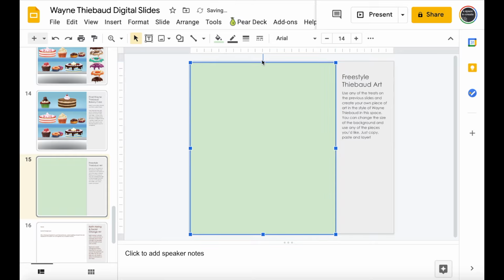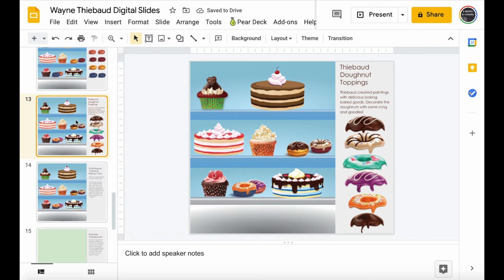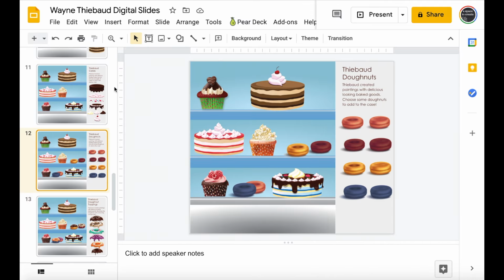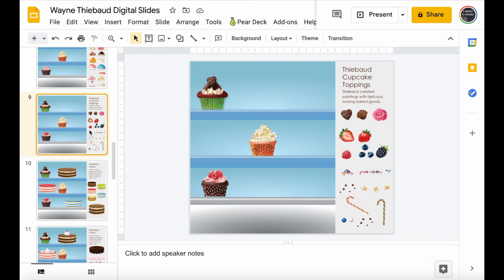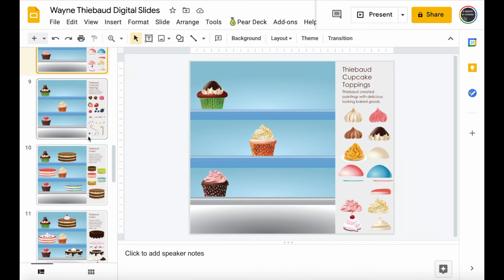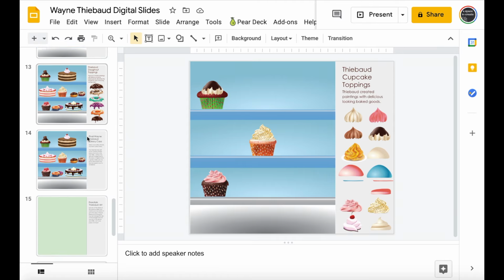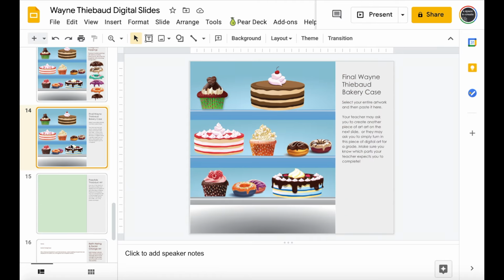And then what you can do is you can come up and just choose anything that you want. Okay, so you can come up here and you can choose a few donuts. You can choose to do a cake. You can choose to do just a few cupcakes, anything you want. And I think I'm going to do a few donuts. So I like these donuts that I created. So I'm going to select the donuts that I've already created. I want you guys to do a little bit more than what I'm doing, but you can get the idea